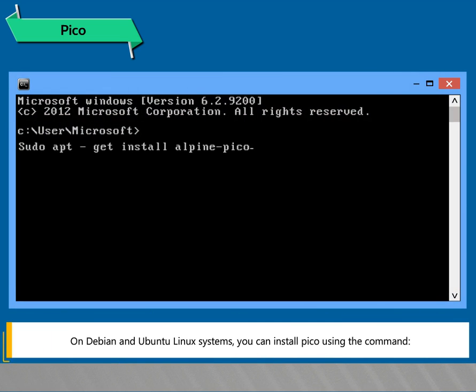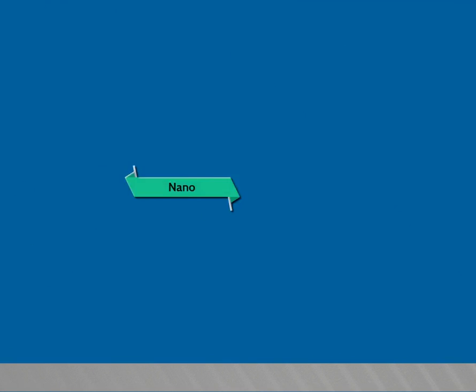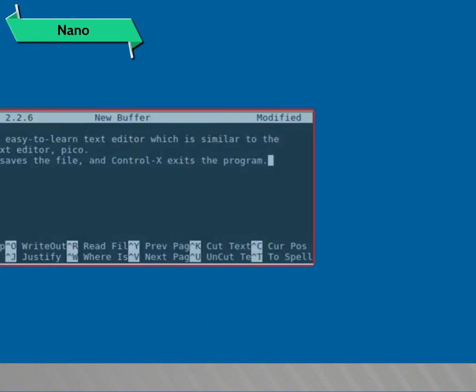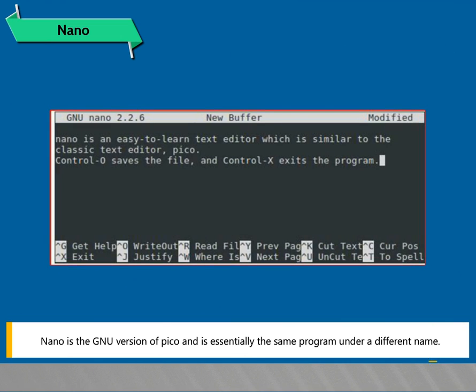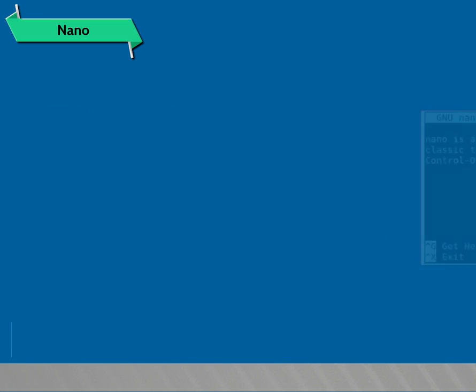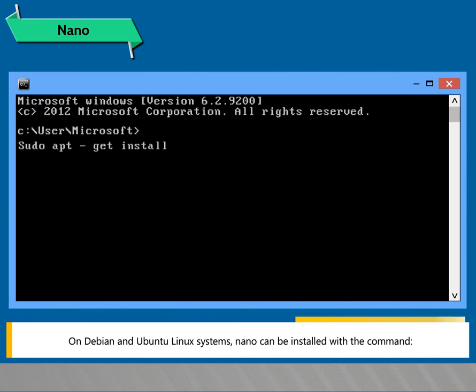On Debian and Ubuntu Linux systems, you can install Pico using the command. Nano. Nano is the GNU version of Pico and is essentially the same program under a different name. On Debian and Ubuntu Linux systems, Nano can be installed with the command